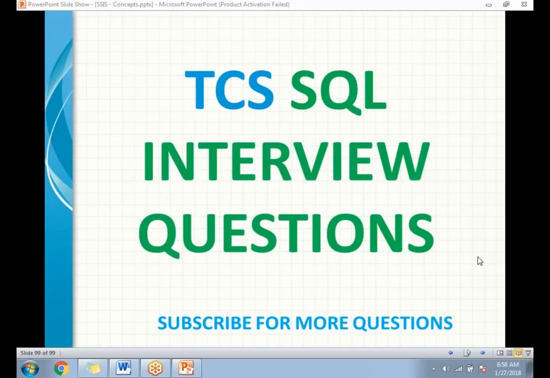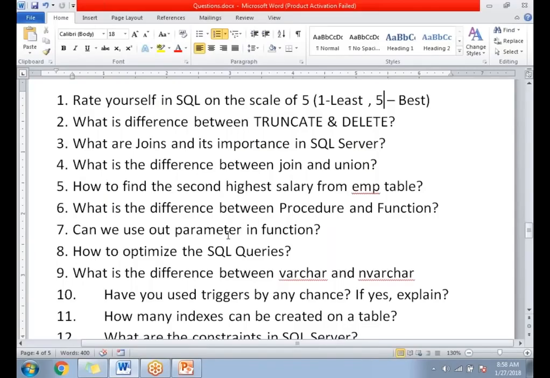If you go through the questions, this is the list of questions asked by the panel. There are some basic questions as well as some experienced questions. But please keep in mind you need to answer each and every question in a clear manner. The first question, if you see here, is how do you rate yourself in SQL Server